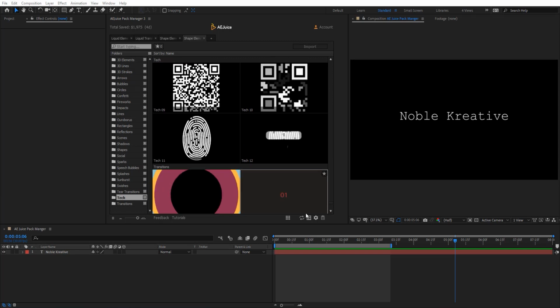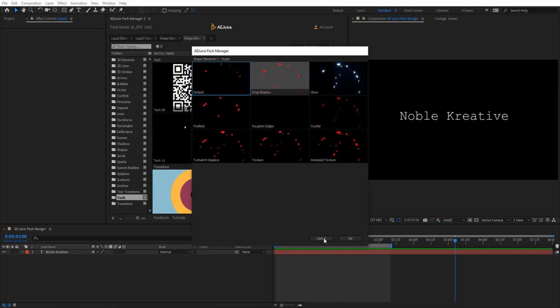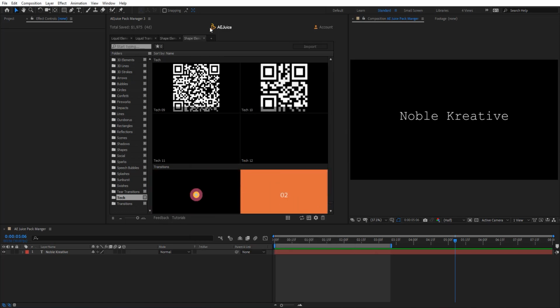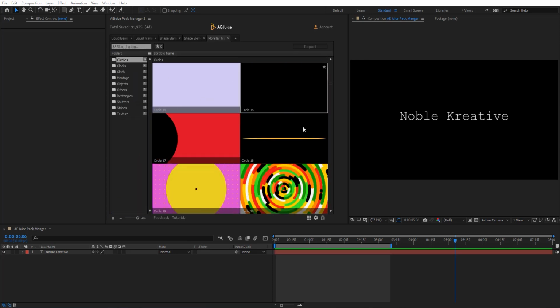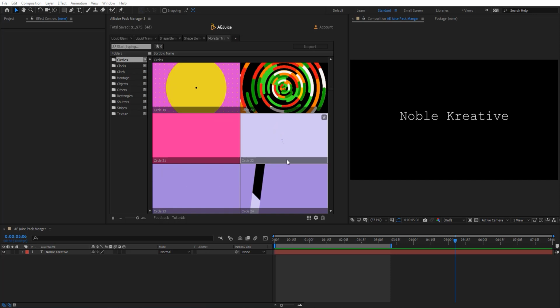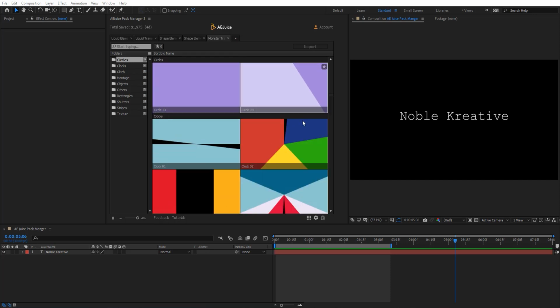That's pretty cool. And also here, as I said, almost every pack got its own styles to apply when you import them. And here we got these master transitions. Basically, as you see here, you got some essential entrance motion design transitions.